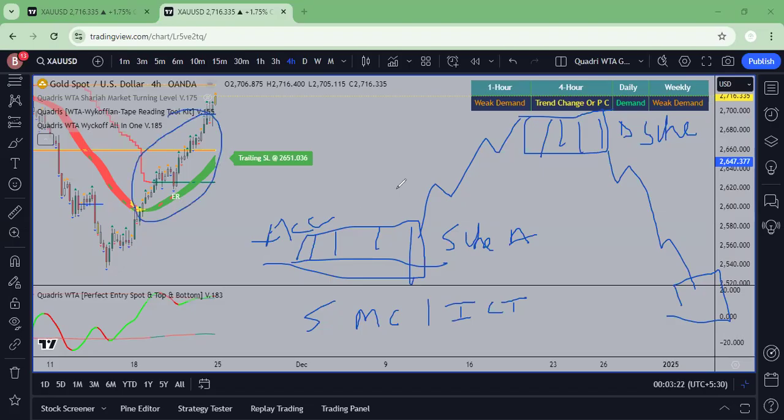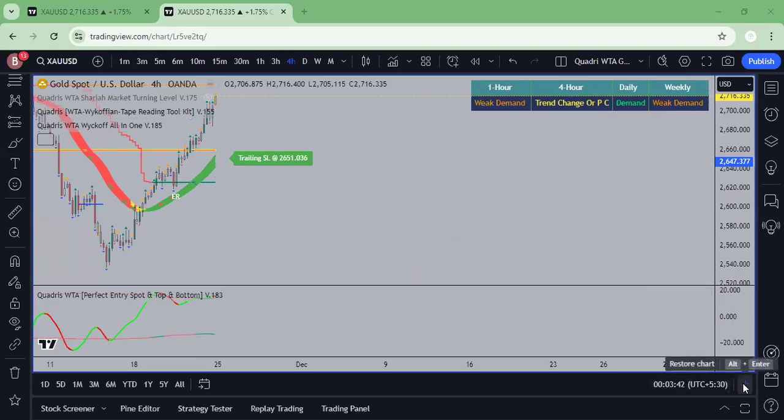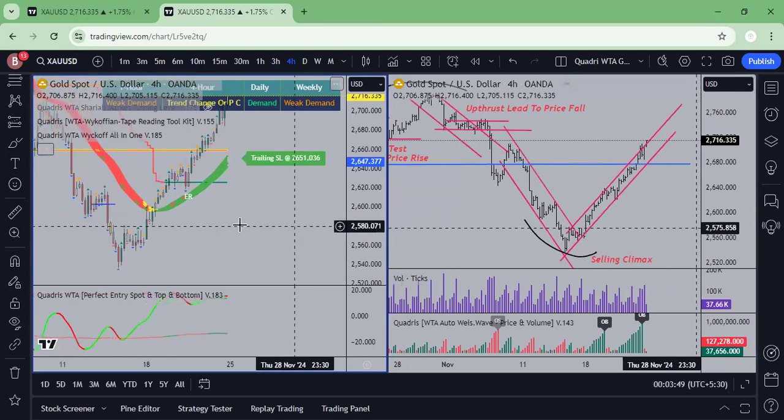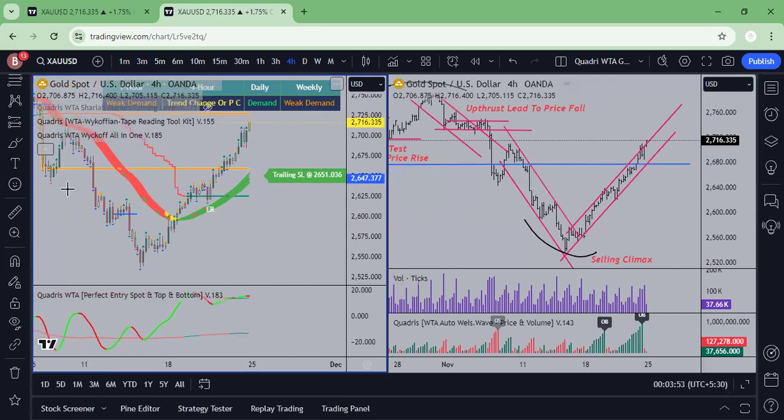So many people say, "What do you have to offer? You just show indicators, and how do we relate this to being a Wyckoff principle or Wyckoff teaching?" For that, I have a chart with me for the sake of explanation so that you might differentiate. This is the gold chart, the same gold on the left side. Here you can see version 155, version 185, 183. On the right side, you see